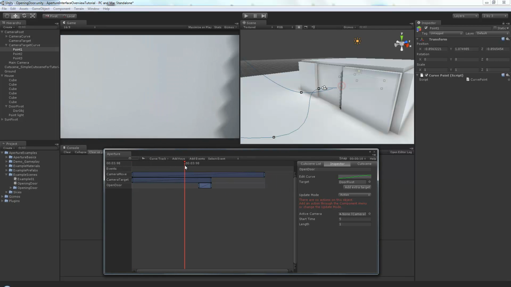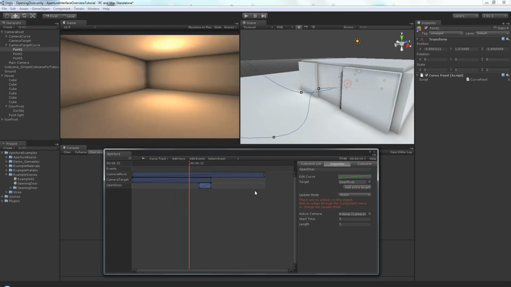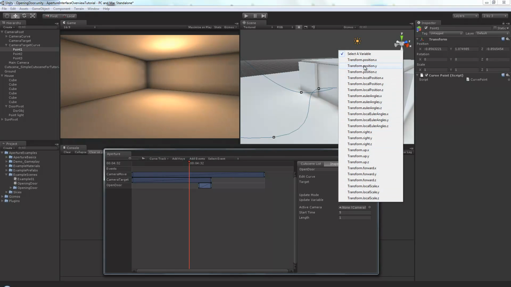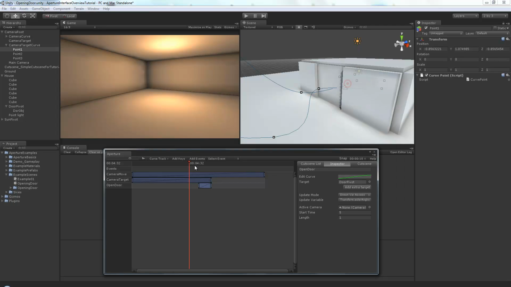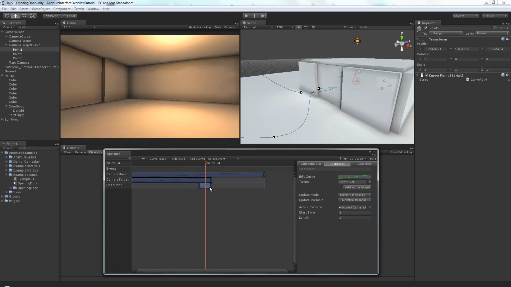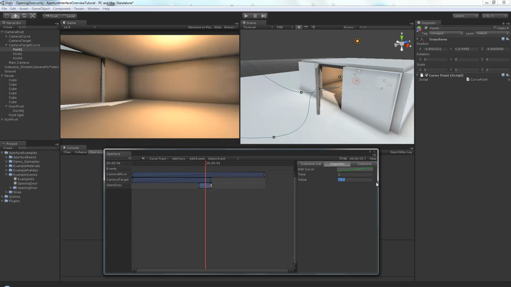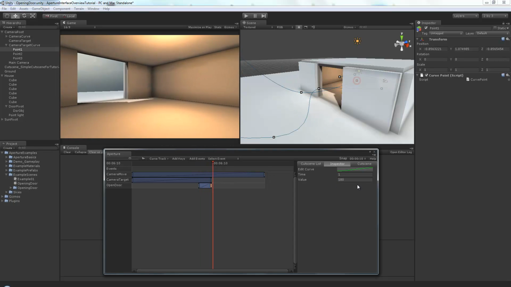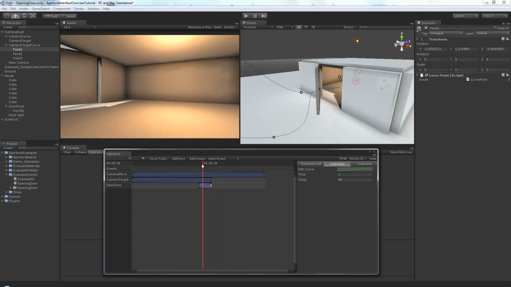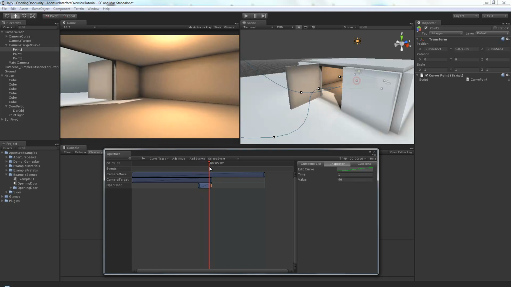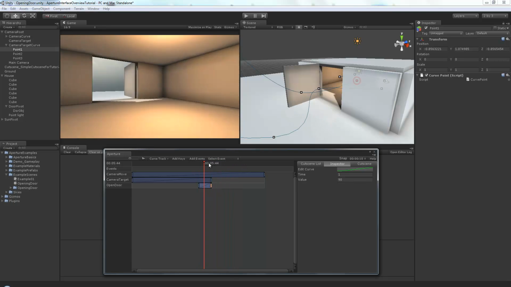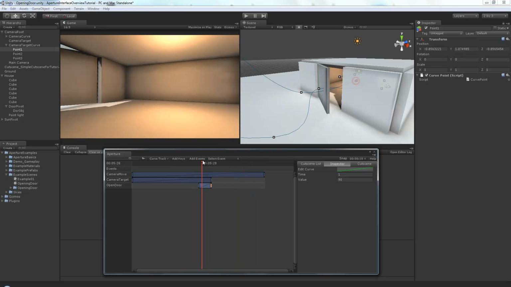To set the rotation of an object, there's two ways you can do it. You can use an action, or you can use a direct variable axis. For direct variable axis, you can select transform dot Euler angles y. If we set the value on the right side to 90, then it'll start closed and then open 90 degrees, which works, but we might want to do it with an